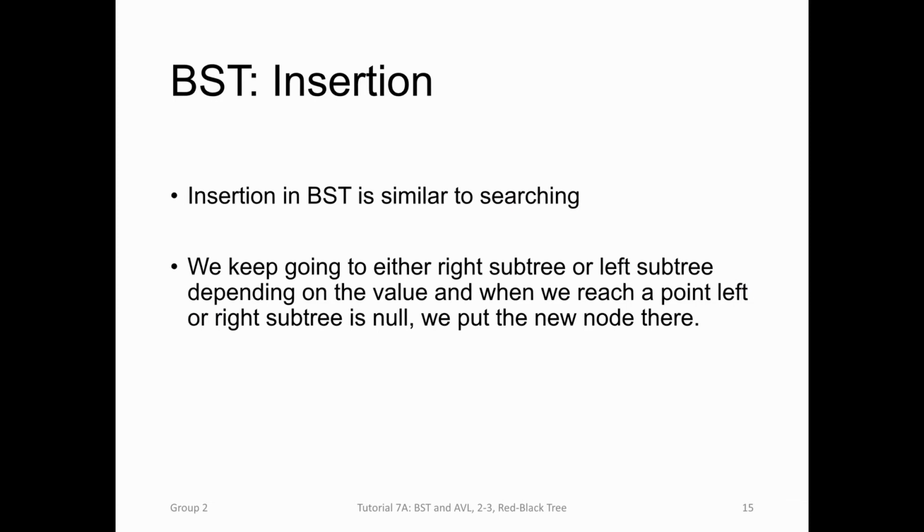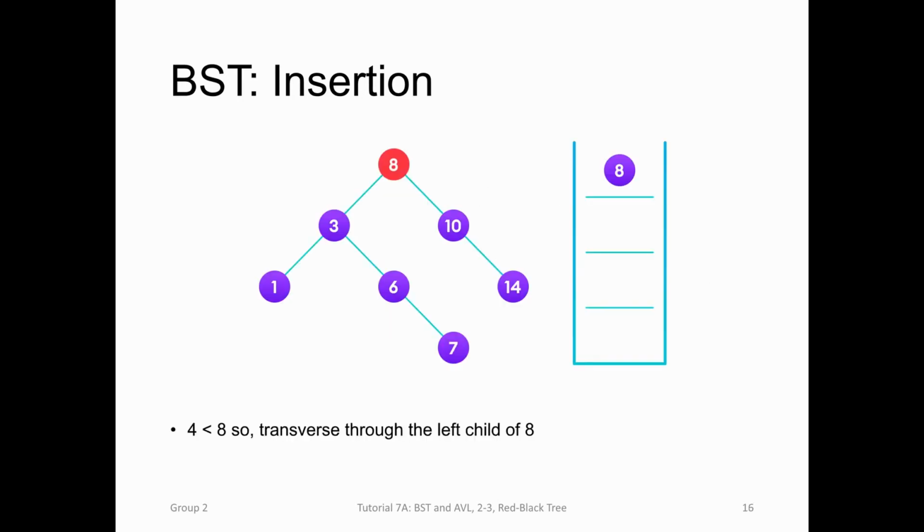Insertion operation. Insertion operation in a binary search tree is similar to the searching operation. We keep going to either the right subtree or the left subtree depending on the value, and when we reach the point where the left or right subtree is null, we put the new node there. For example, if we need to insert node 4,